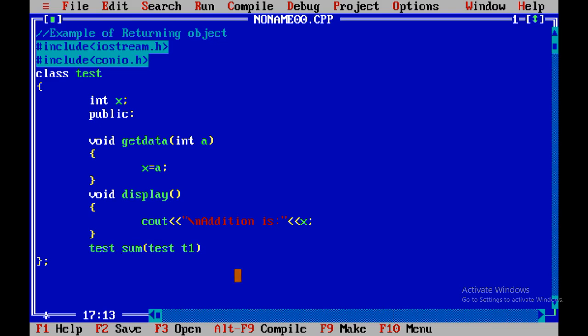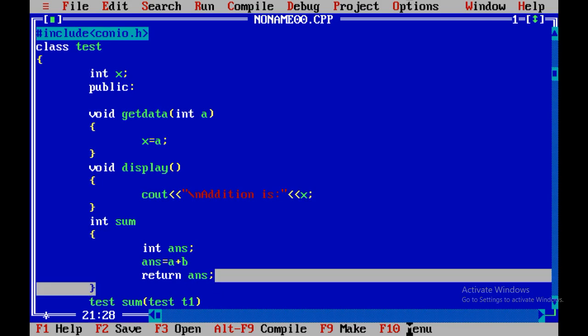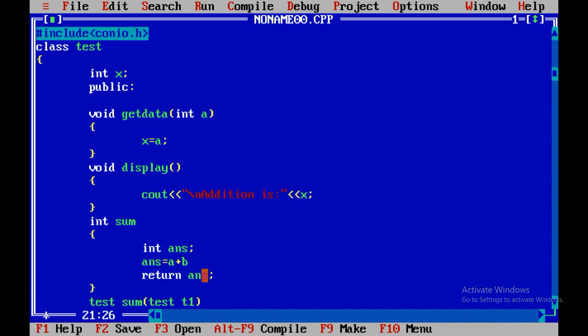In such cases, say suppose if you are going to return integer sum, at that time what we are going to return? Integer answer equals to a plus b and return answer. In this way we are going to return the value. So the data type of answer is integer.